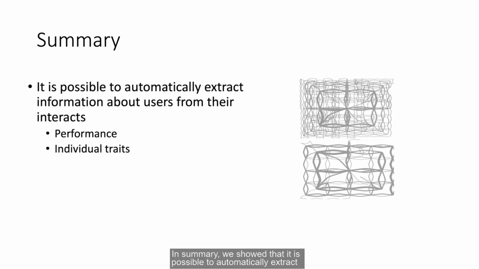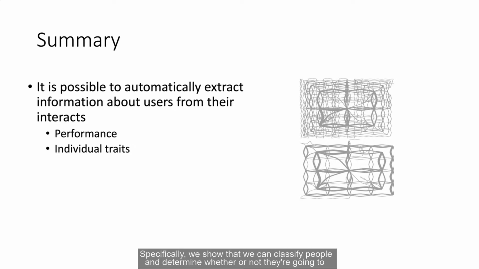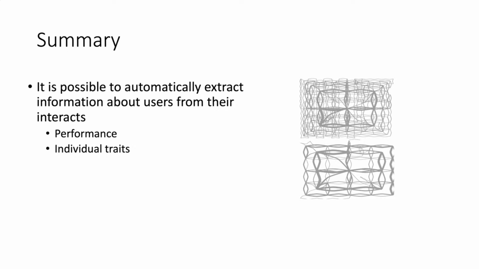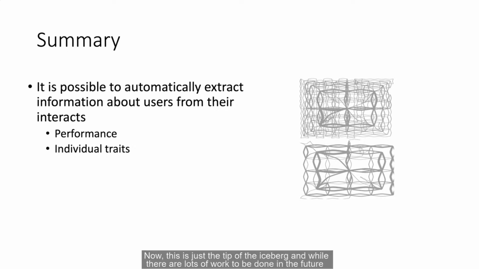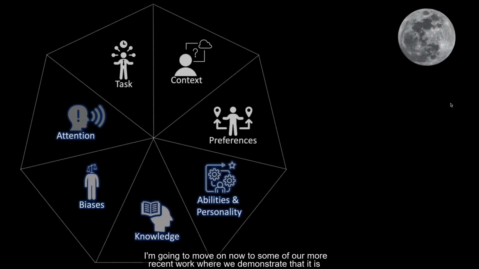In summary, we showed that it is possible to automatically extract information about users from their interactions. Specifically, we showed that we can classify people and determine whether or not they're going to be fast or slow. And we also showed that it is possible to automatically learn individual traits. Now, this is just the tip of the iceberg. And while there is lots of work to be done in the future, this was just an example to show what the possibilities are. I'm going to move on now to some of our more recent work, where we demonstrate